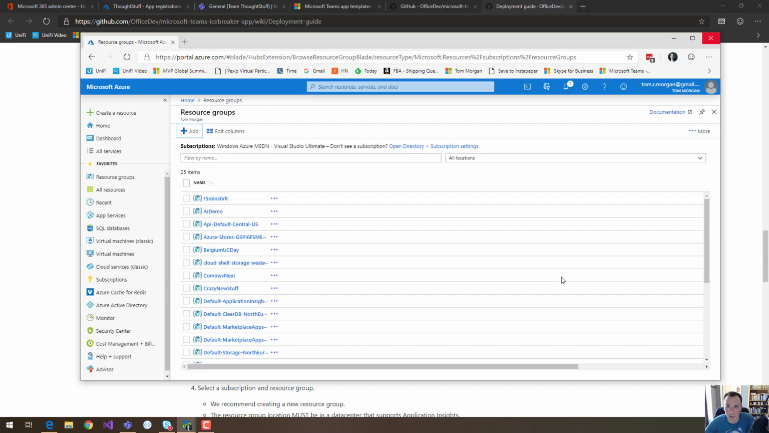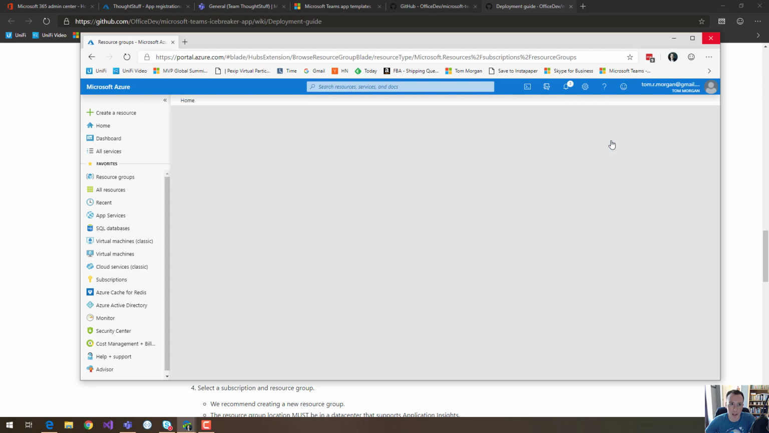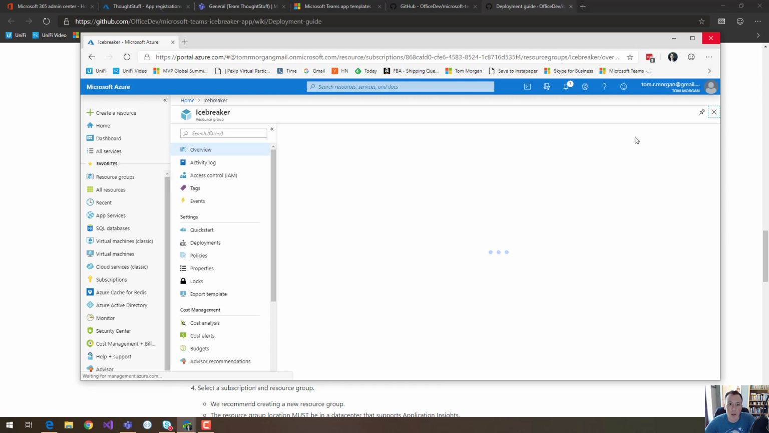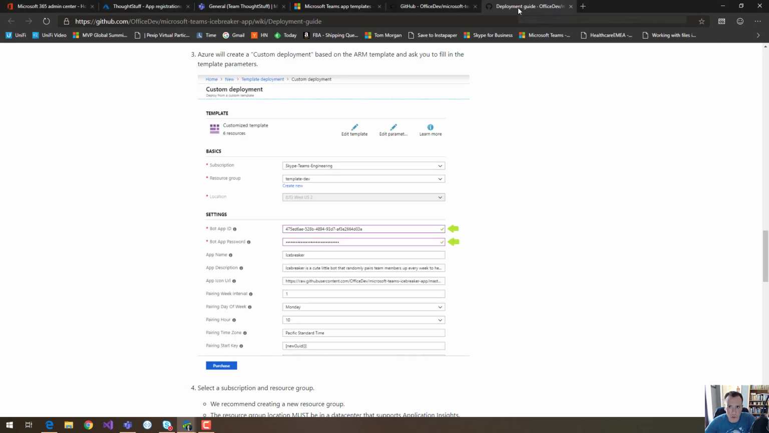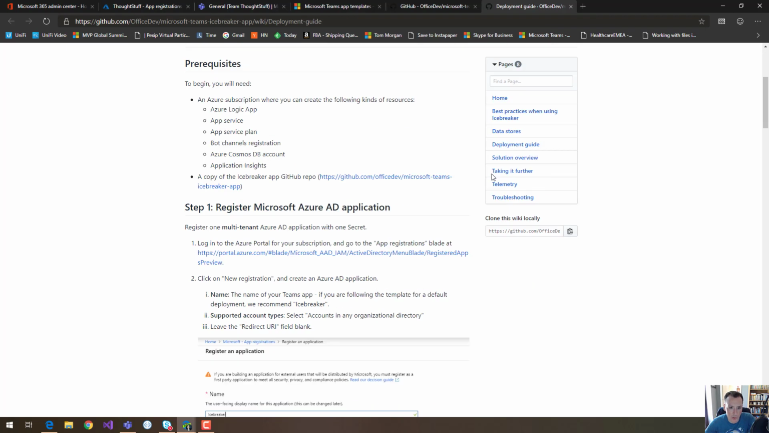And in a minute, hopefully, it says resource group created. So I can go to that resource group and I guess it's going to be empty because I've just created it. So that gives me a nice container to start putting stuff in. So let's go back to this deployment guide and let's go back to the top and we're going to start properly. So step one,